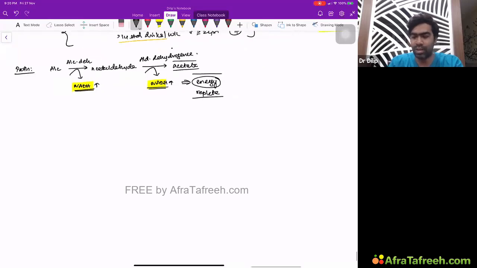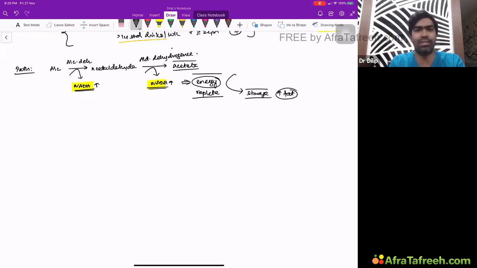So whenever the liver cell thinks that it's a sign of energy repletion, it will go for storage of energy. So what kind of storage? For example, they increase the production of fat. The glycolytic intermediates will be shunted towards the production of fat, because only when you do not have energy can you mobilize the fat stores, produce lipolysis and produce energy. But when you have too much energy, like abundant NADH within the cell, they believe that there is too much energy already. Then why would you want to produce ATPs rather than shunt this energy towards the storage of energy in the form of fat? So they're going to produce more fat.